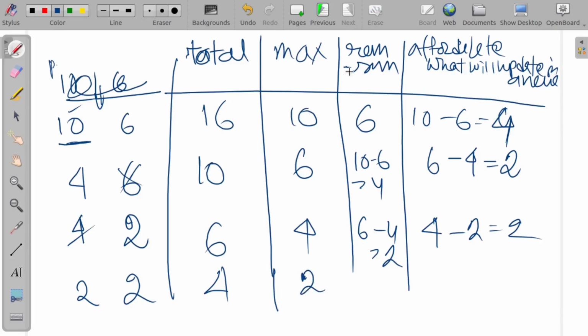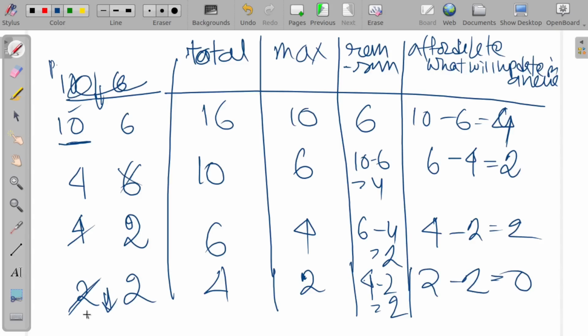And remainder and sum. After deleting the 2, what value will be replaced? That is the 2. So 4 minus 2, that is also 2. And if I delete 2, what value will be present? So 2 minus 2, that is 0. So in that case, 0 will be found and it is not possible